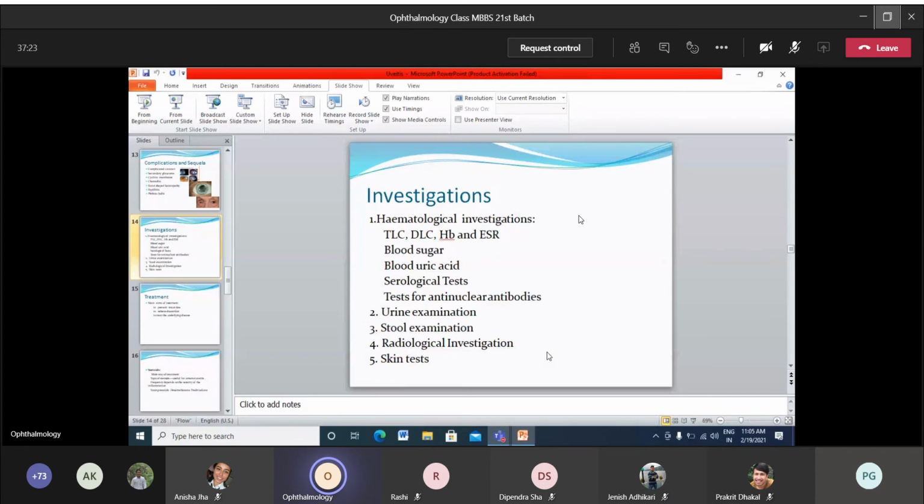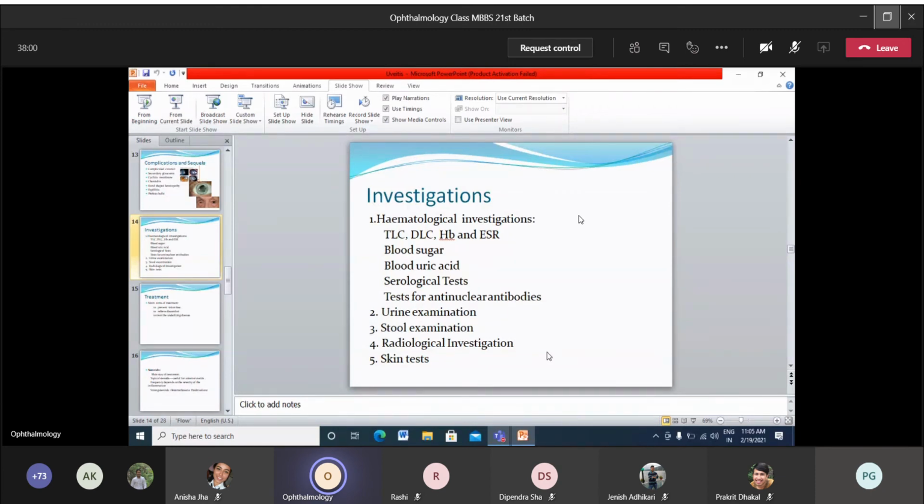Now coming to the management, which is always investigations and treatment. In order to find out the cause of uveitis, especially anterior uveitis, you have to do the following investigations. Hematological investigations: complete blood count with hemoglobin and ESR, blood sugar, uric acid, various serological tests, test for anti-nuclear antibodies. Urine examination, stool examination to look for any ova, and radiological tests, very important, especially chest